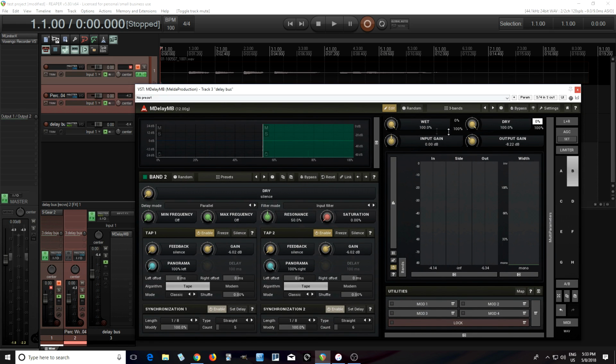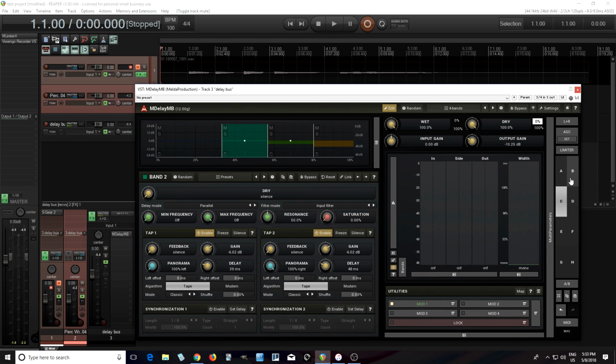The same with this guitar fusion patch I made. In further videos I'll go in more depth, but definitely check this out and check out this plugin